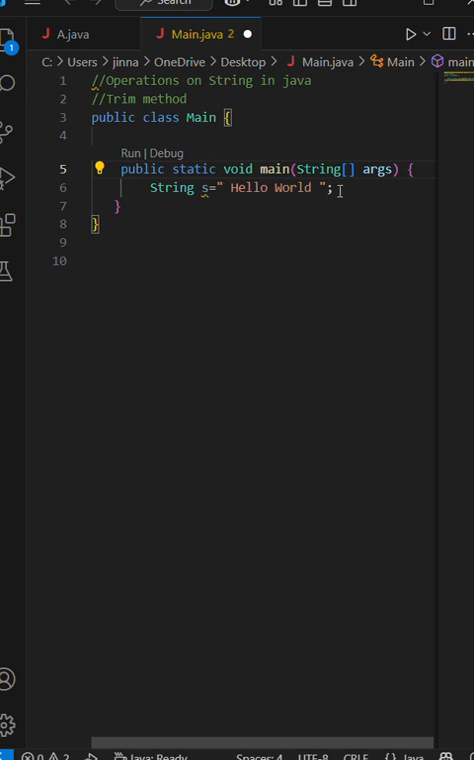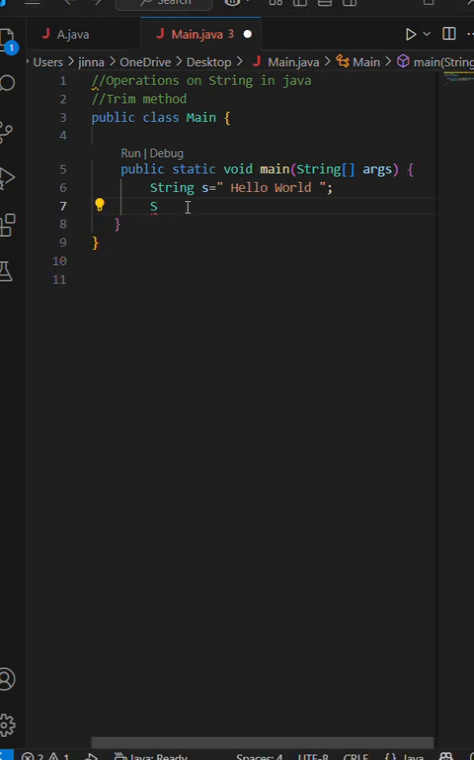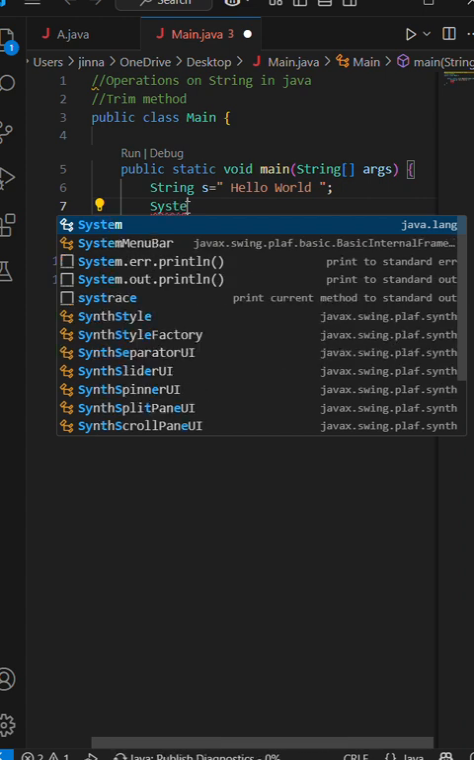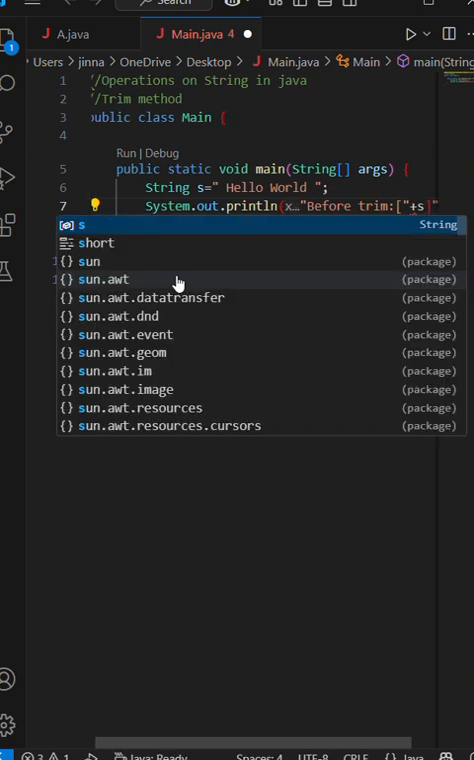Okay, so you can just do one thing here. After this, just go with system.out. We need to give, just for a better experience for the user, some clarity here. Like I can just type out here, before trim I have the string as,